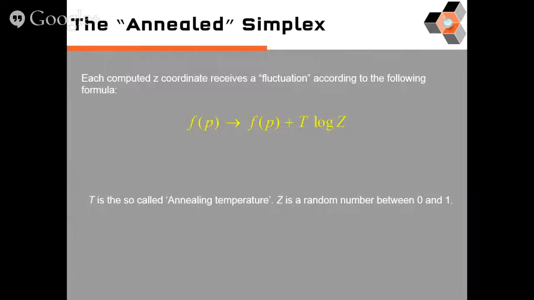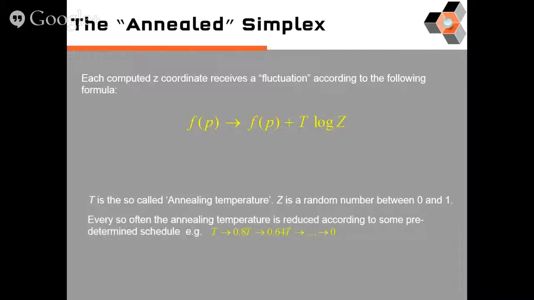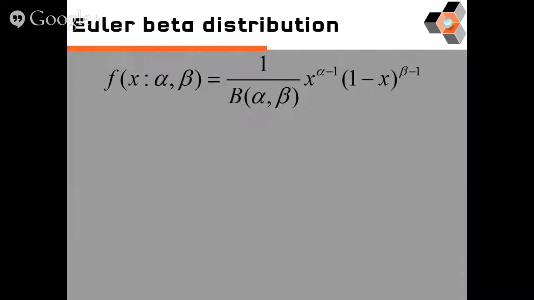Clicking on the slide, we see that every so often the annealing temperature reduces to 0.8 T, 0.64 T, and so on. And clicking again, we see that the annealing temperature T is displayed in the software as the randomization factor. So this randomization factor gradually reduces. Now we put a whole lot of other stuff into the software as well. This next slide shows you that the